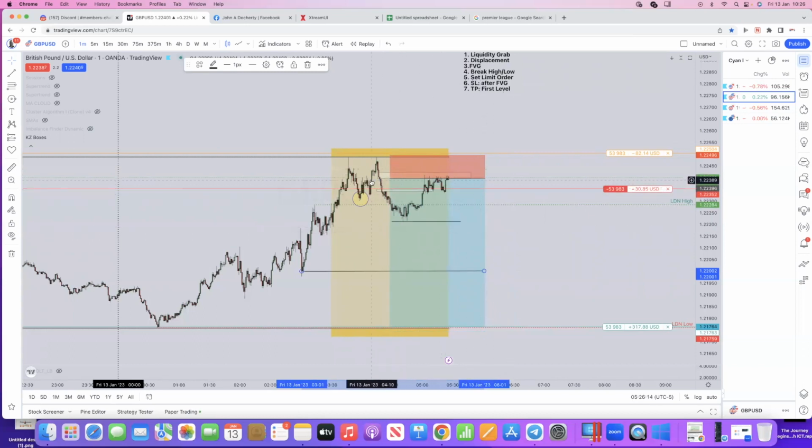So when we're looking at lower time frame stuff, they're all precious seconds or minutes you can lose, you know. But at the moment, we're at this level of imbalance, I should say a fair value gap, and it's testing that area. So I will pause the video and I'll be back a bit later.